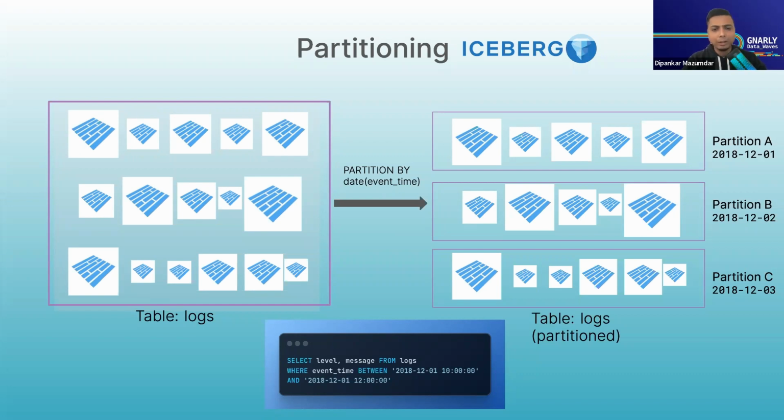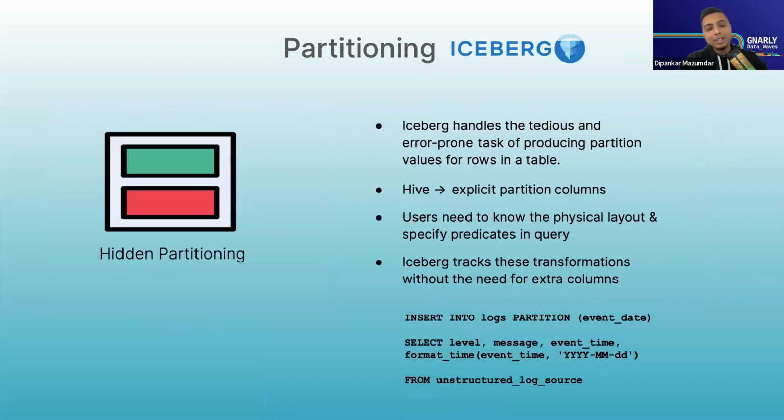And obviously, like I said, partitioning isn't a new concept. We have had this with databases, we have had this with other table formats like Hive. But what Iceberg brings to the table is something called hidden partitioning. Iceberg handles the tedious and error-prone task of producing partition values for rows in a table. If we go back to the Hive world, what you have to do in order to do a partition is